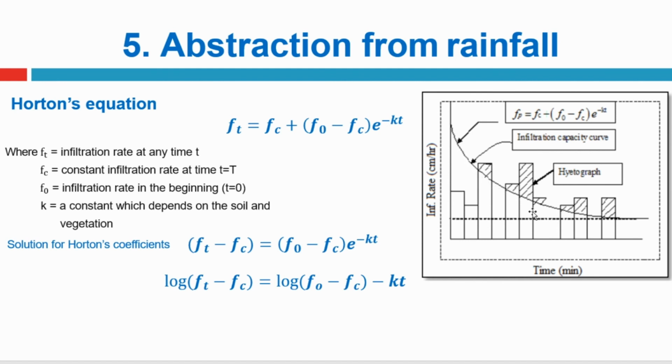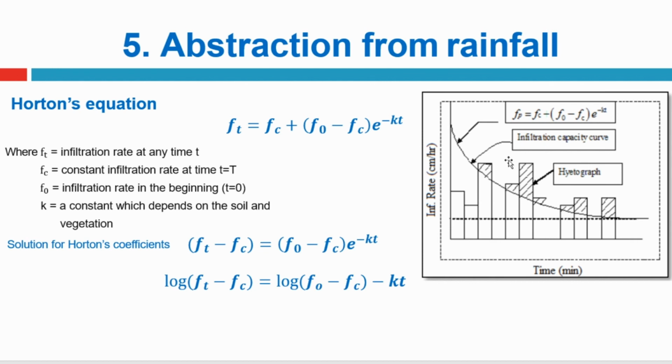Why is it reducing? Because during this period all the voids are getting filled up. Initially the soil will take a lot of water. After some point of time, when the voids are getting filled up, the infiltration rate keeps on reducing. Okay, right. Now once we understood this reduction in the infiltration rate from initial infiltration to constant rate of infiltration,